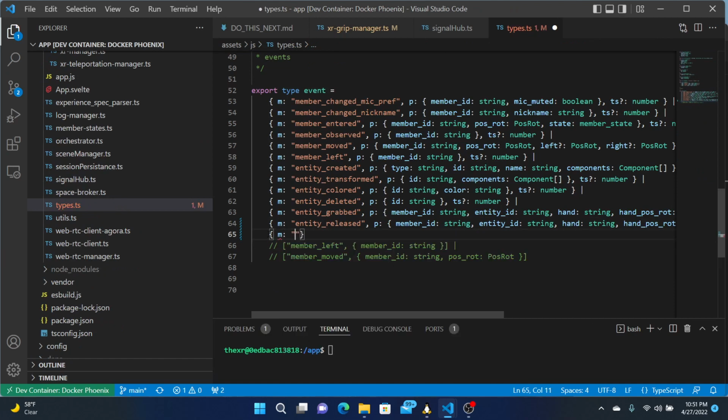It can be projectile fired. The payload is, how about